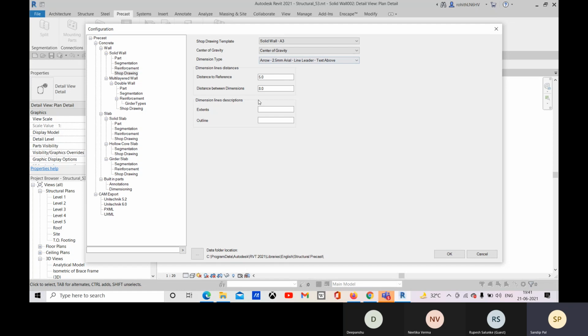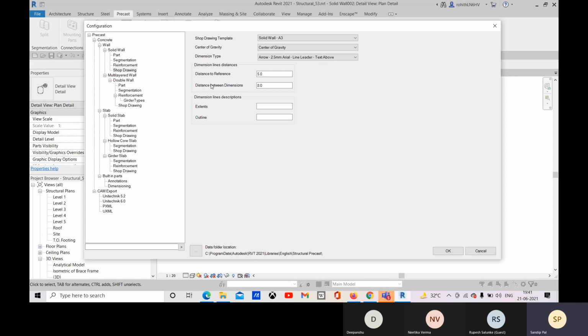You can just provide that, and the dimension type, what will be the dimension type for placing in the sheet. And for this dimension, the distance to reference and distance between dimensions, these are the things. And the dimension line, for the dimension line, the extension and the outline, what will be. So you can mention that.